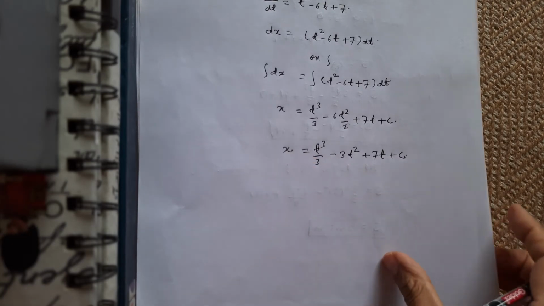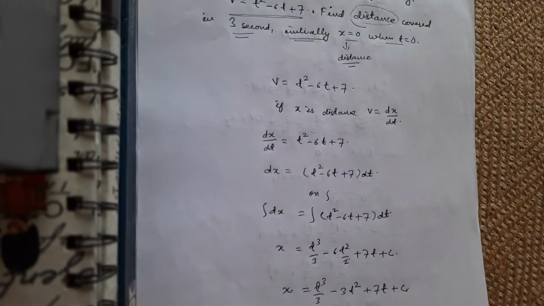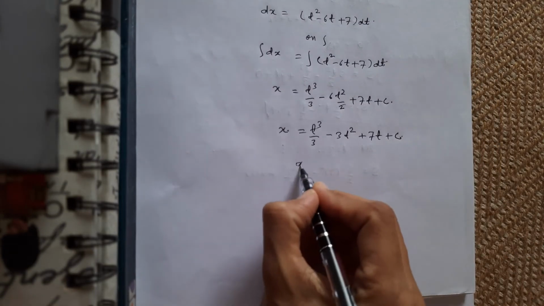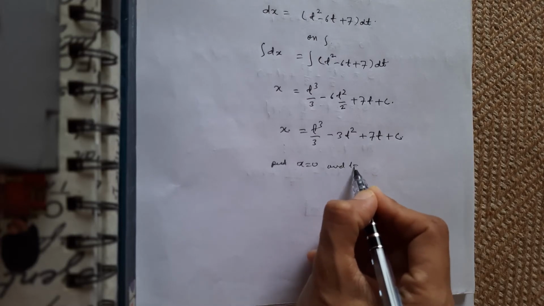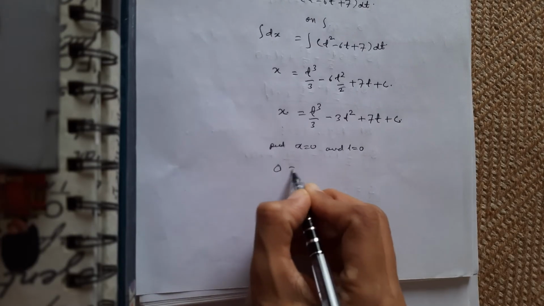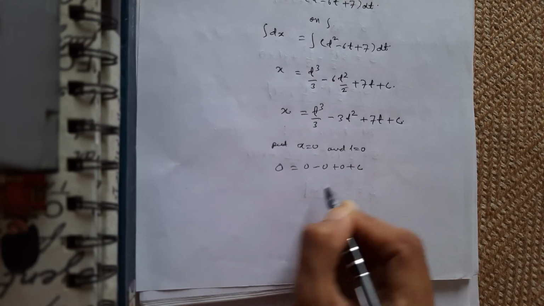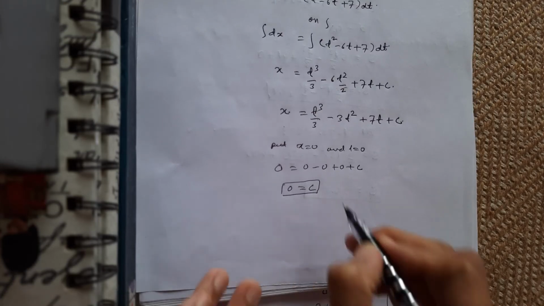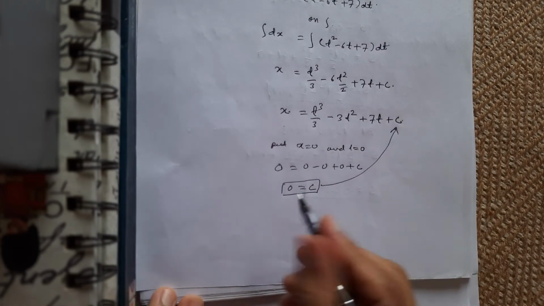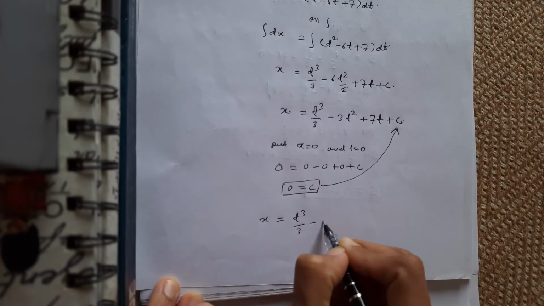Now with the initial condition I am going to find this c. My initial condition is x equals 0 when t equals 0. So I put x equals 0 and t equals 0 in this equation. So I'll get 0 equals 0 minus 0 plus 0 plus c. So obviously c I am going to get as 0. Now I am just substituting the value of c here,